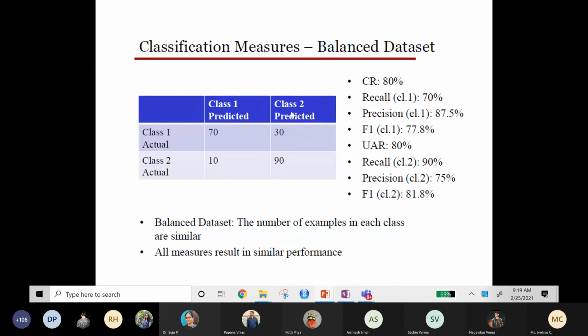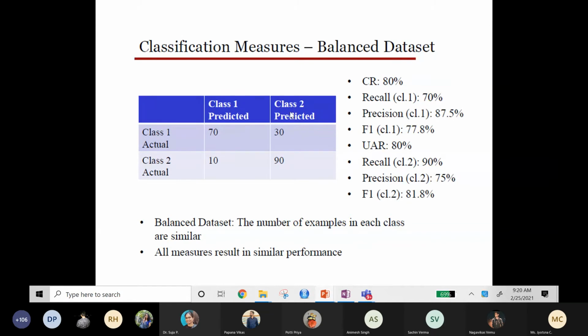Okay. The same way, precision. How do you do the precision? True positive divided by true positive plus false positive when you look at this class. So substitute the values and tell me the true positive. True positive we know is 70. 70 divided by true positive plus false positive. That means this row summation, 70 plus 30.